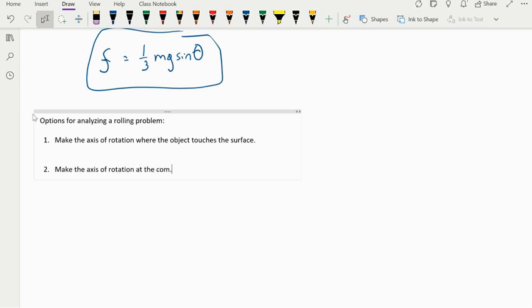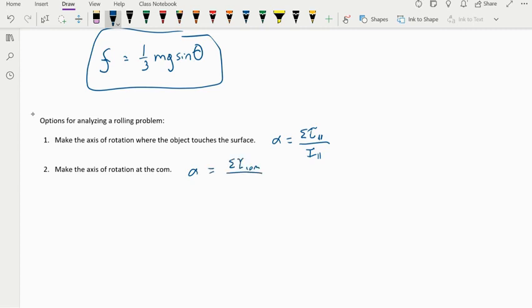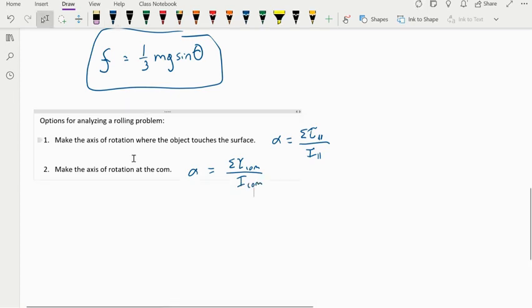All right. And so when you do the first option, of course, the equation you're going to use is alpha equals adding up the torques around the parallel axis divided by the rotational inertia around the parallel axis. Here, you're going to use adding up the torques around the center of mass and the rotational inertia of the center of mass. But there is one more option, and we're going to use that option right now, and that is